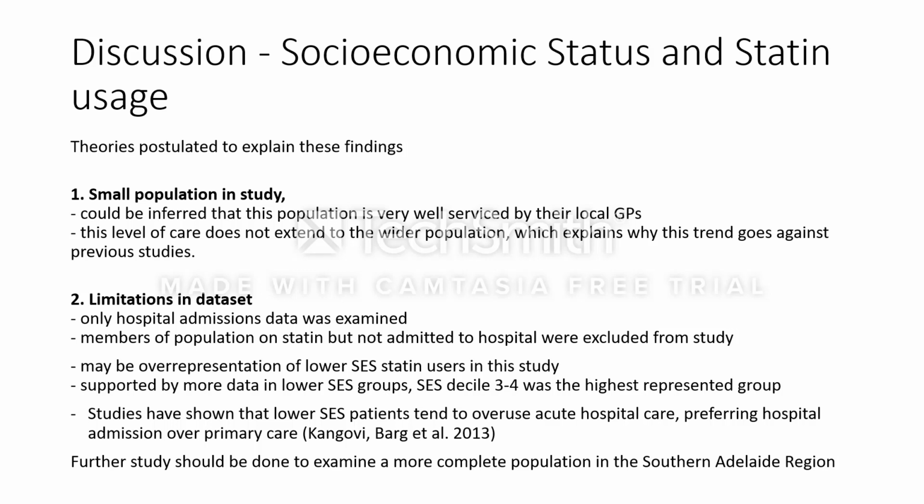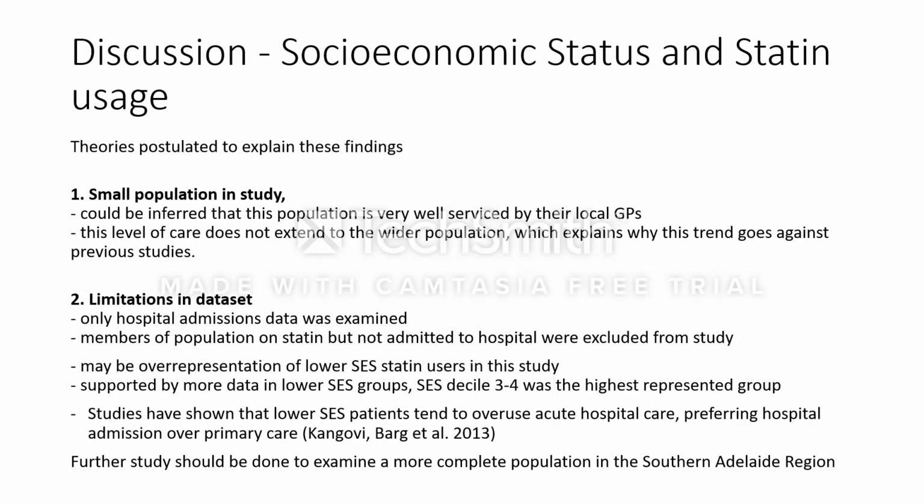So there are a couple of theories that I postulated to explain my findings. Number one, could be a small population in my study. I'm only using the FMC admissions data. So it could be inferred that this population is very well looked after by their local GPs. What I'm trying to say is that they have higher rates of ischemic heart disease, but they're all appropriately prescribed statins, suggesting they're very well looked after by the GP. And perhaps this level of care does not extend to the wider population, which explains why the trend I found